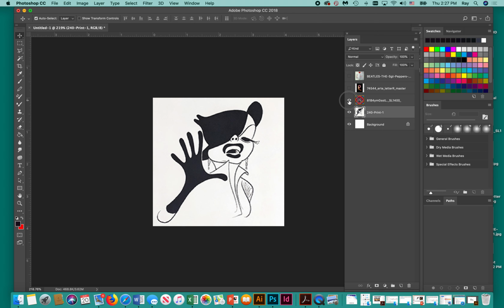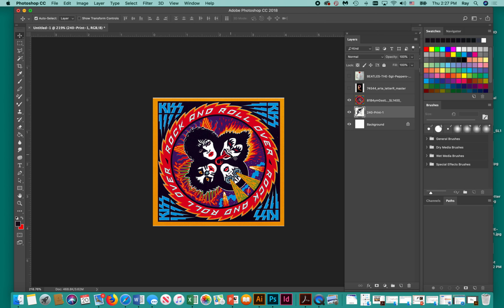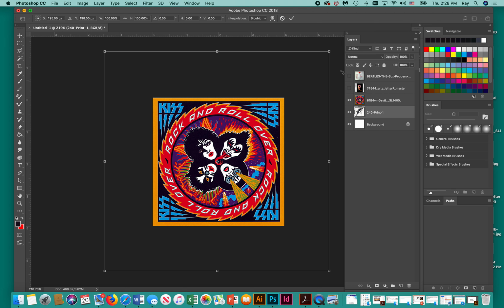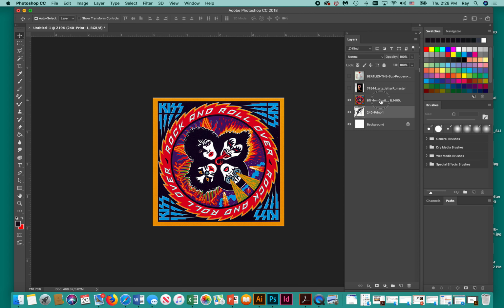Next one's relatively easy because it's automatic. It's really the right size. But I want to talk a second here about proportion and making sure that things stay proportional. If I don't hit the Shift key, I still hit Command T. Oops, I'm on the wrong layer. Make sure I'm on the right layer. There we go. Command T.